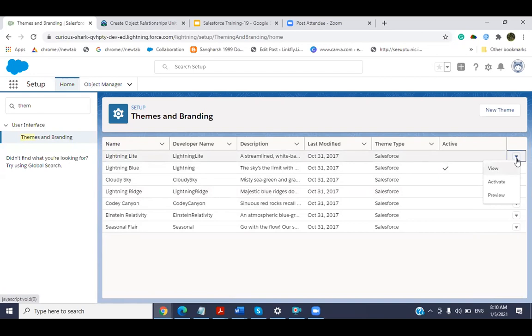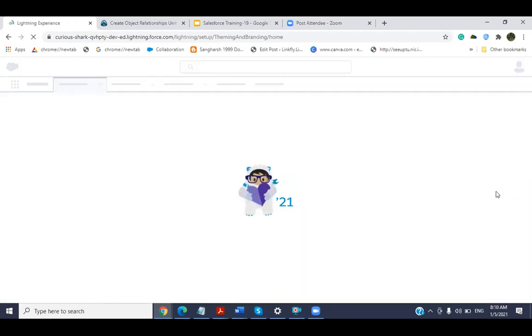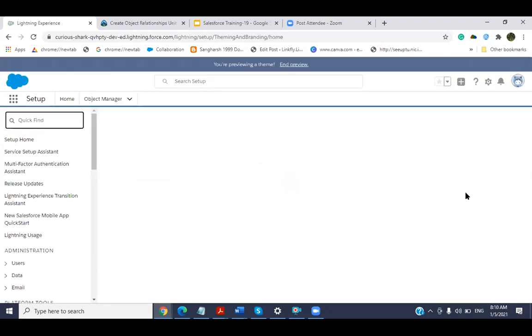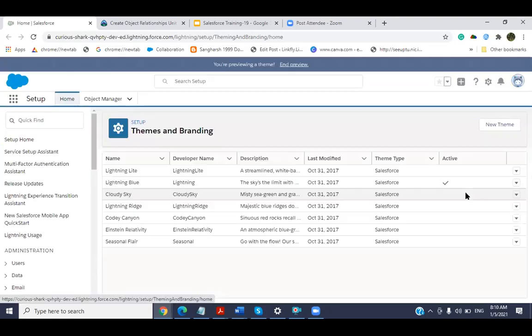You just click over here, and you can see we have three options: view, activate, and preview. Before activating, you can check how the things look. So before activating, you can just click on preview and check how it looks. Whenever you want to see, you can click on preview and see the changes.